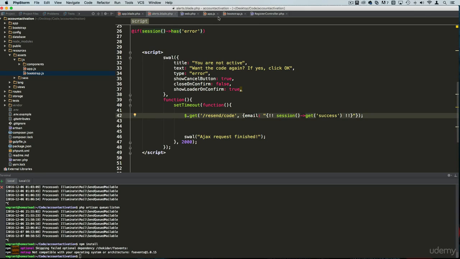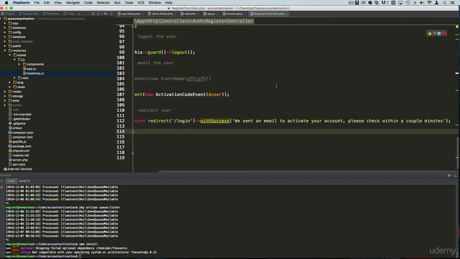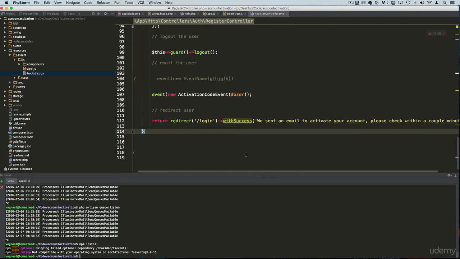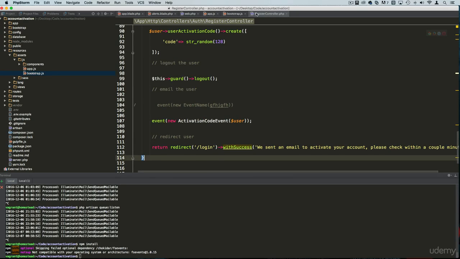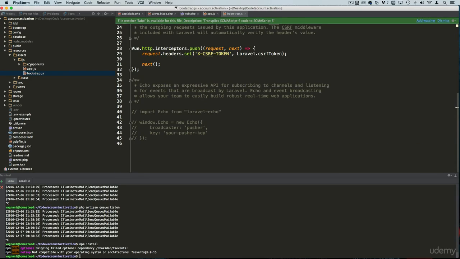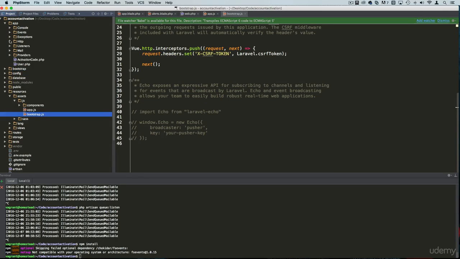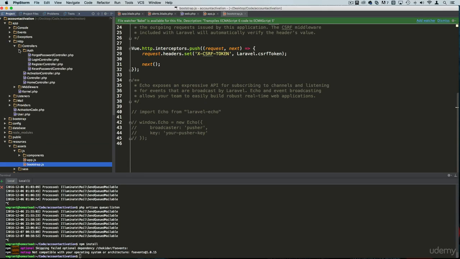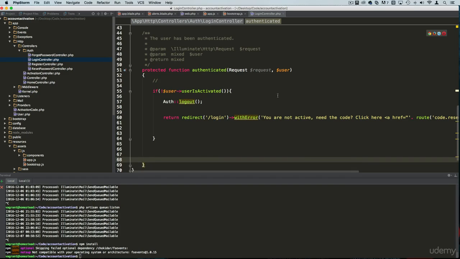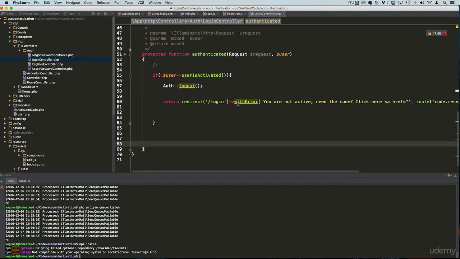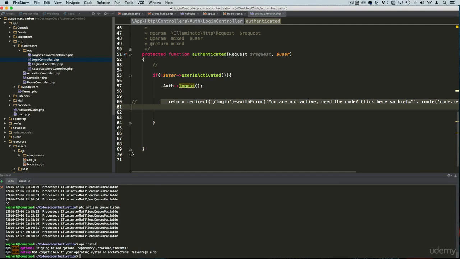Now, when we go back to register controller here, actually, this is not the register controller. We need to go back to the login controller. Okay. And we need to change this, by the way, because what we want to do